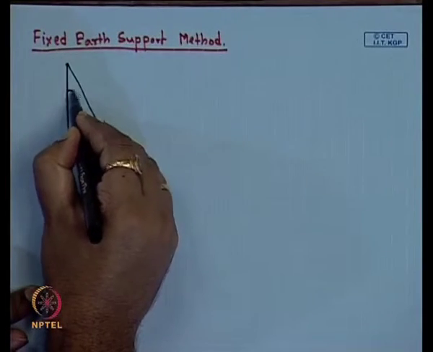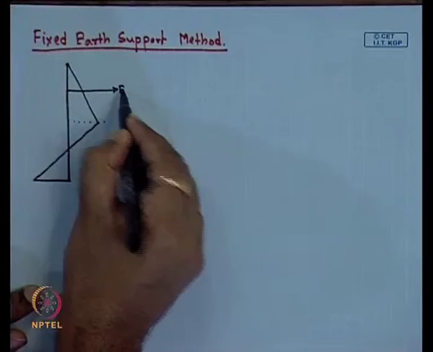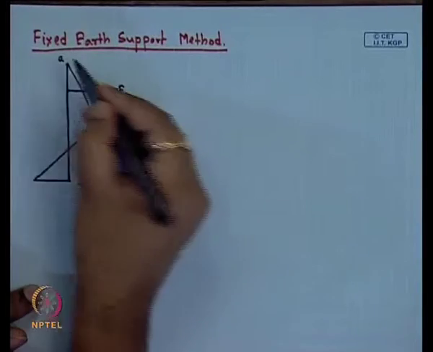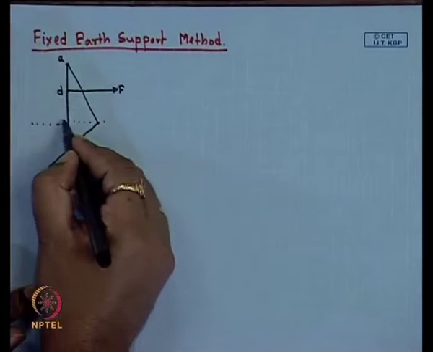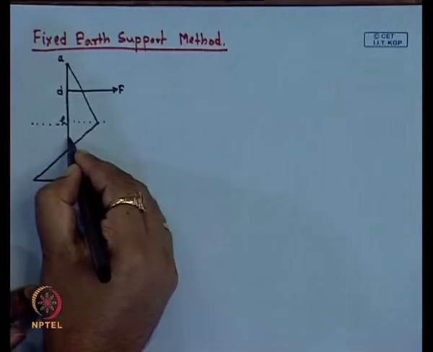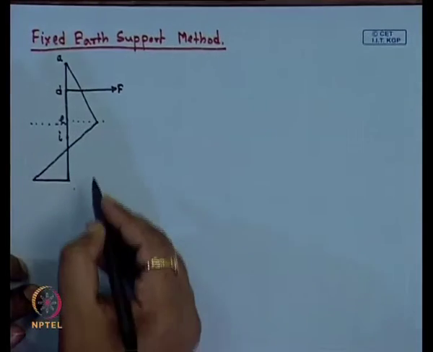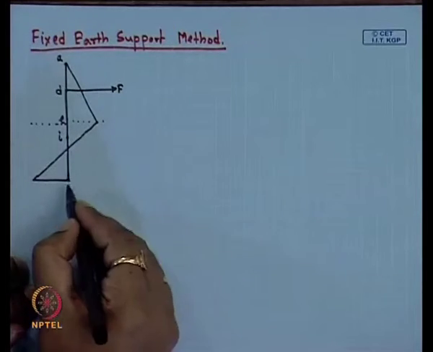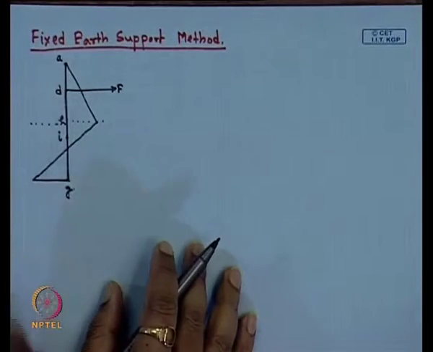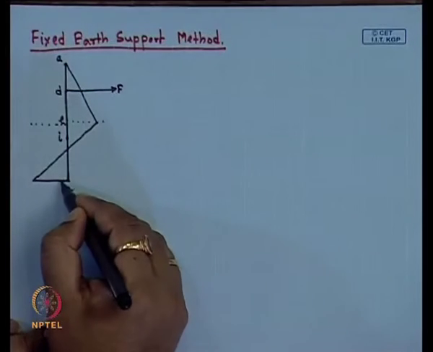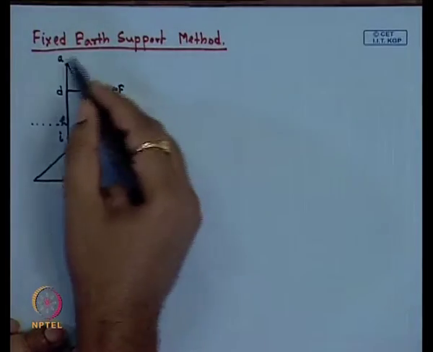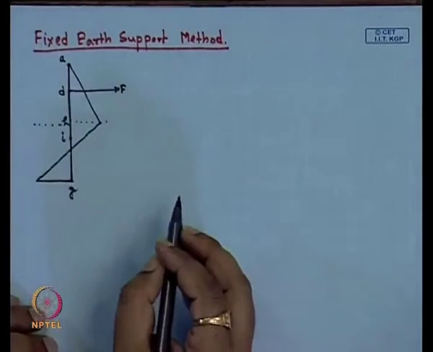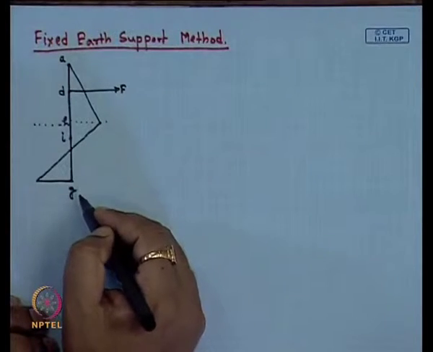Now, this is the position of the anchor. A is the top, D is the position of the anchor, E is the dredge level, I is the point of counterflexure where the moment is 0, and G is the point where the stress is maximum. So, this was the simplified earth pressure distribution that was considered. These things were discussed in the last class.